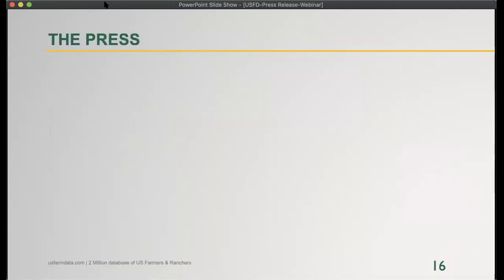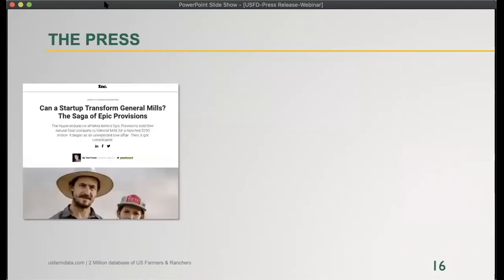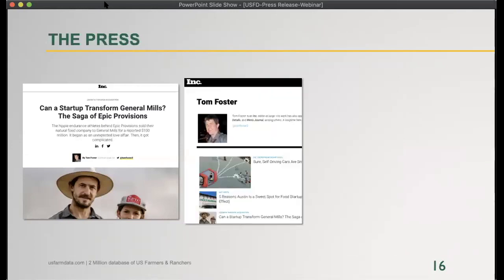And then the press. So this becomes the mystery piece, right? How is it that we get in front of the press? Where do we get in front of the press? I usually just start with articles. So if we find articles, so here was an article about a food producer, Epic Provisions. The person who wrote the article becomes of interest, right? I can usually, if that's in Inc. magazine, I can click on his name and it will pull up Tom Foster,